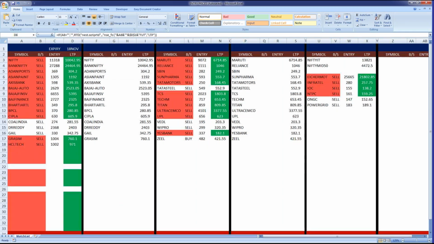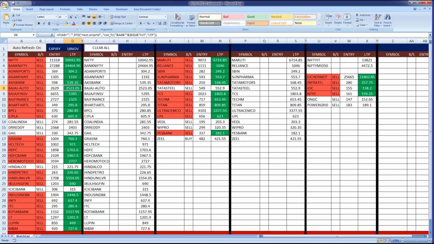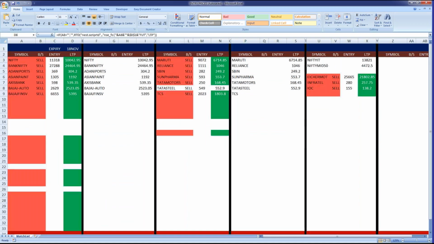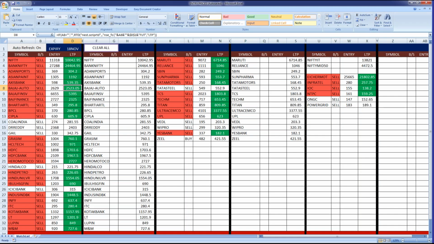Whenever there are some good trades, you can utilize that amount also. So roughly around 40% will be in your reserve, and 60% you are deploying. 60% in the sense, 50% you'll be deploying in your daily trades, and the other 10 or 20% you deploy on your intraday trades. You can trade really happily.